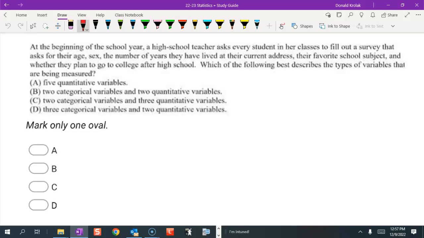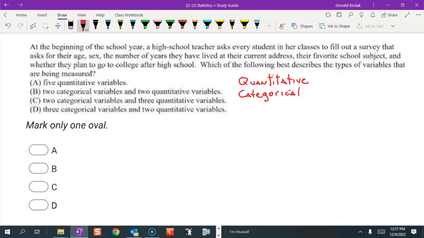So we have two types. You've got the quantitative and you have the categorical. Quantitative are variables that you can answer with a number. It's something that you can measure. It's something that you can count. Okay, categorical are going to be variables that